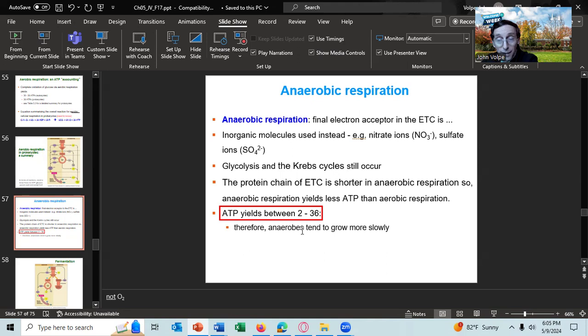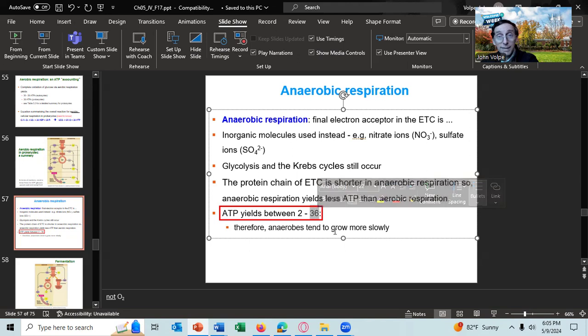So aerobic respiration is the most efficient way to generate ATP. But there are some forms of anaerobic respiration which are almost as efficient as aerobic respiration. And that would be the forms that generate 36 molecules of ATP. The poorest forms of ATP